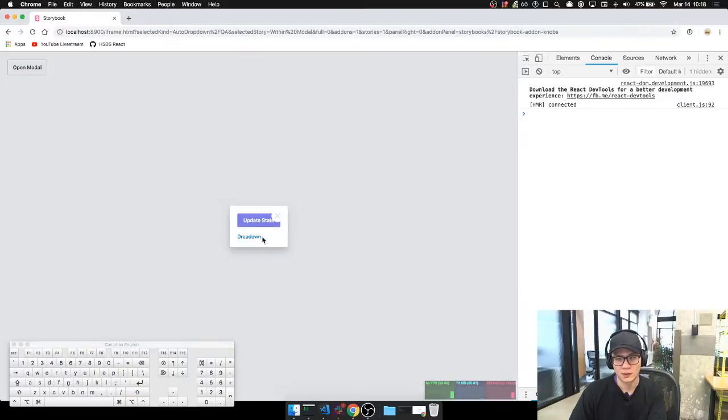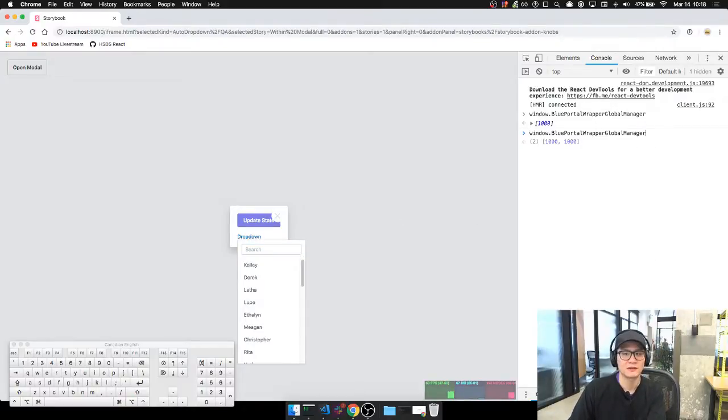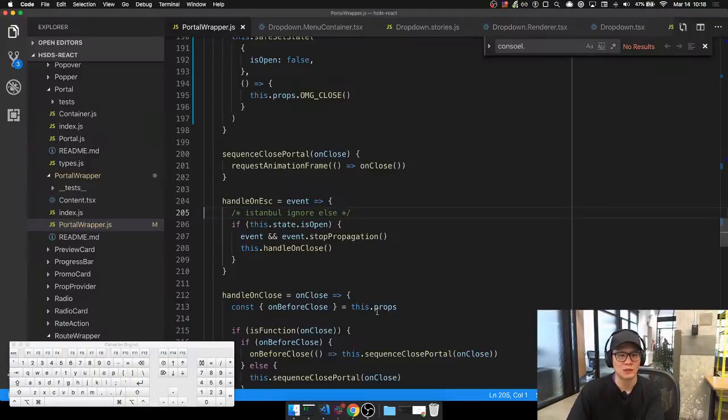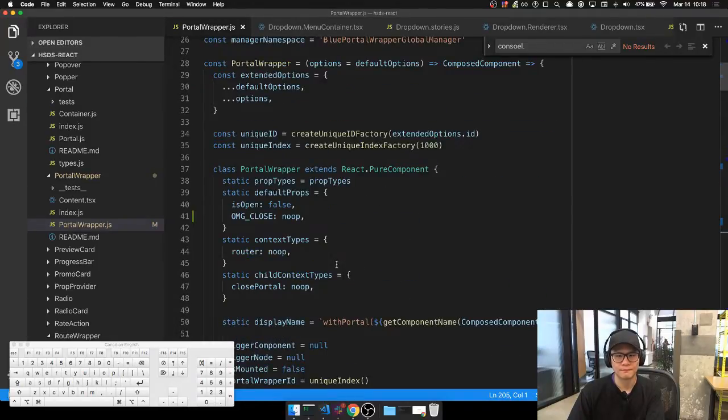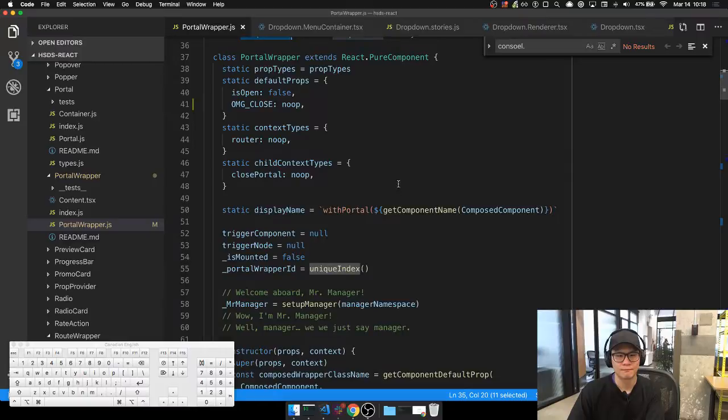So if I check out the manager, I have 1000. That's the initial index. If I open this, I should have 1000 and 1001. I have two 1000s. That's not expected. Let me see what's going on. That didn't change. And I have multiple instances of portal wrapper, so